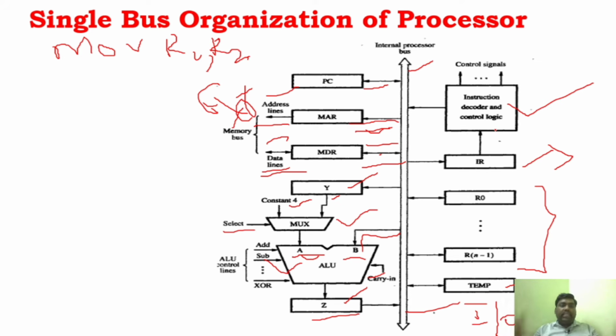So all this information you have to write in the single bus organization. Clear? So if you write in theory, you have to write MAR, how it is connected, MDR, how it is connected, what is PC, how the ALU works, what is the operation of the multiplexer, what is the operation of the general purpose registers, and the IR, PC, special purpose registers. And you have to explain what is the instruction decoder. All this you have to explain, correct?